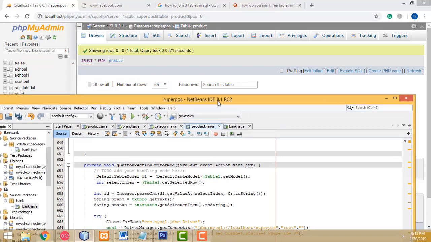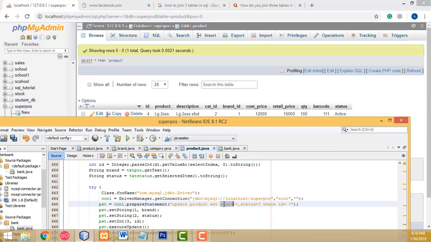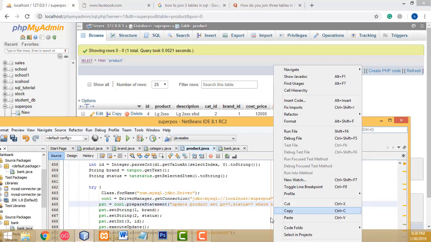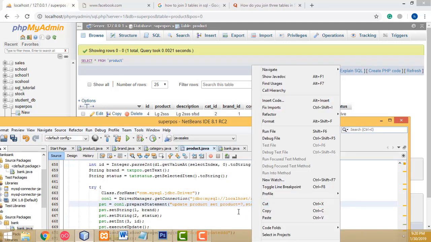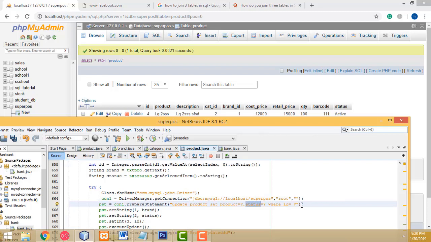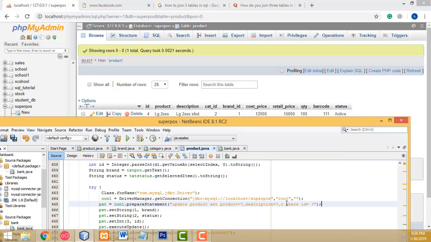Product. First one is a set. We have to set product. This one, product. After that, we have to set description, comma cat id, comma here cat id,